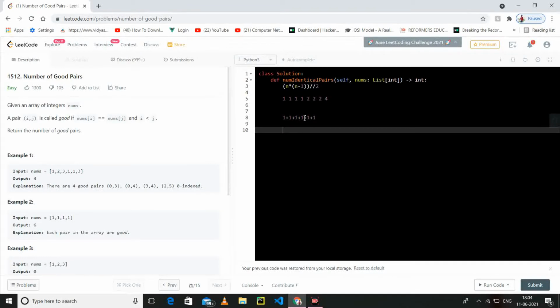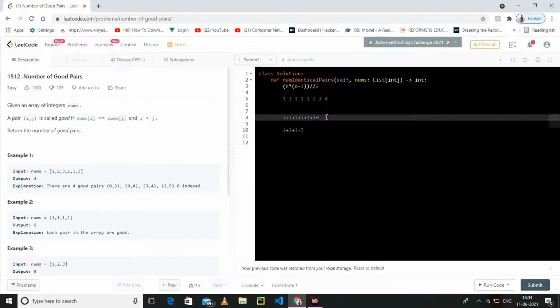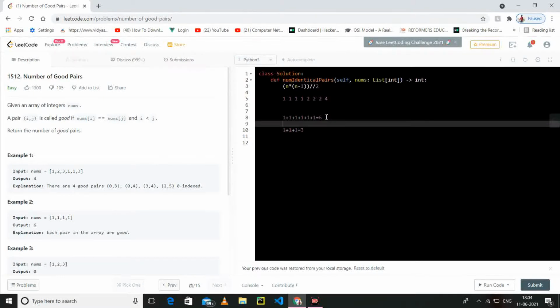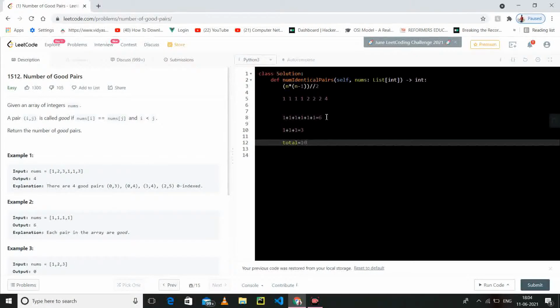So this is the ones, 6 pairs. Now this 2 and this 2 is a good pair, so 1. This 2 and this 2 is also a good pair, 1. Then this 2 and these 2 are also a good pair, so 1. So the total for the twos is 3. The total is 10. Let's apply the formula here.